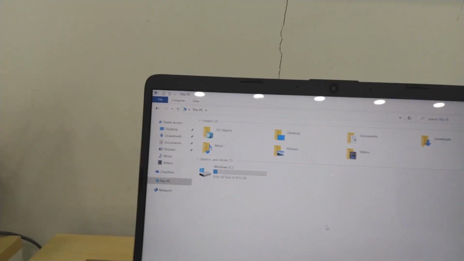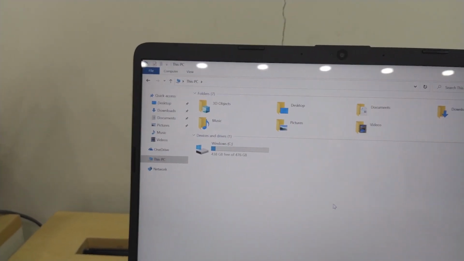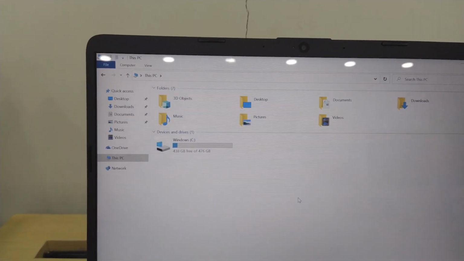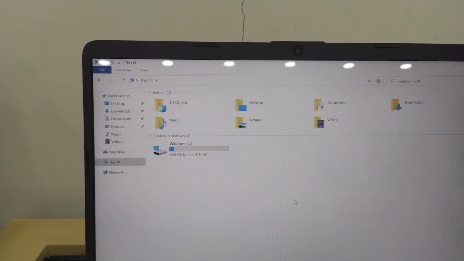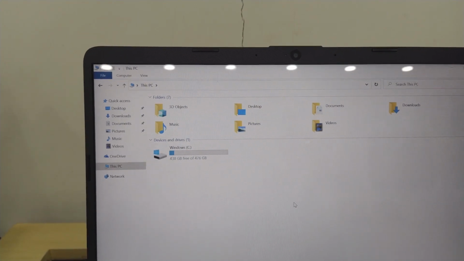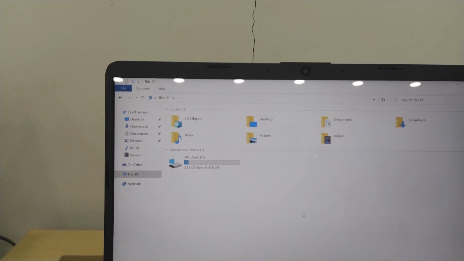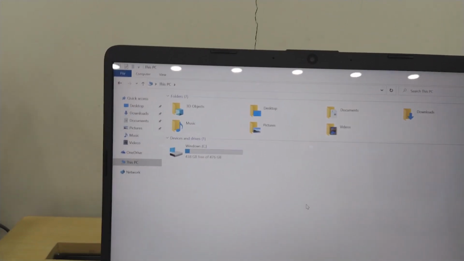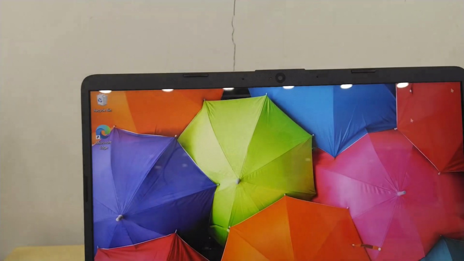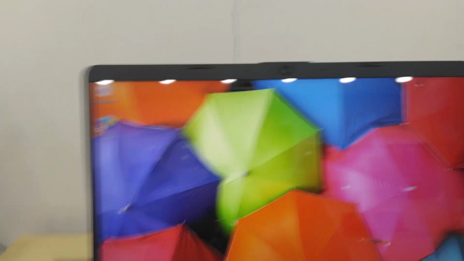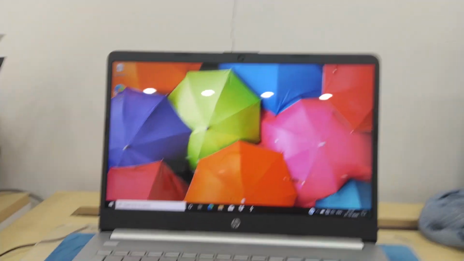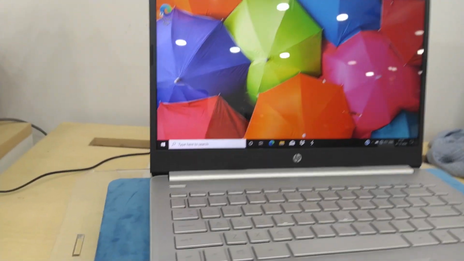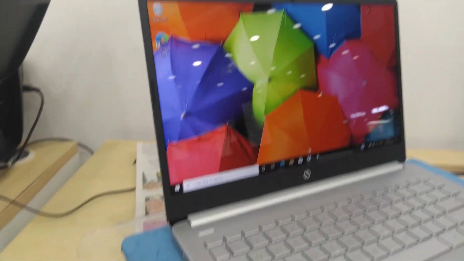So if we split it, for C you use 150 GB, and the left will be almost 320, 326 almost. So that will be free, so you can use it as storage, guys. So as of now, these are the main disadvantages which I have thought of for this model.